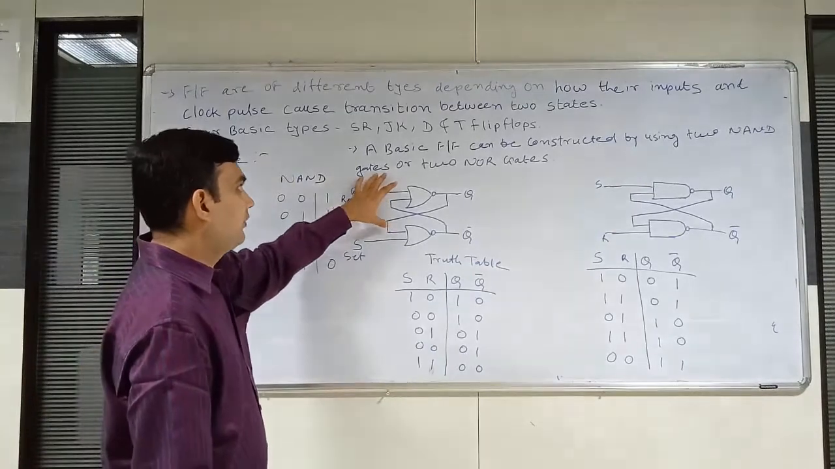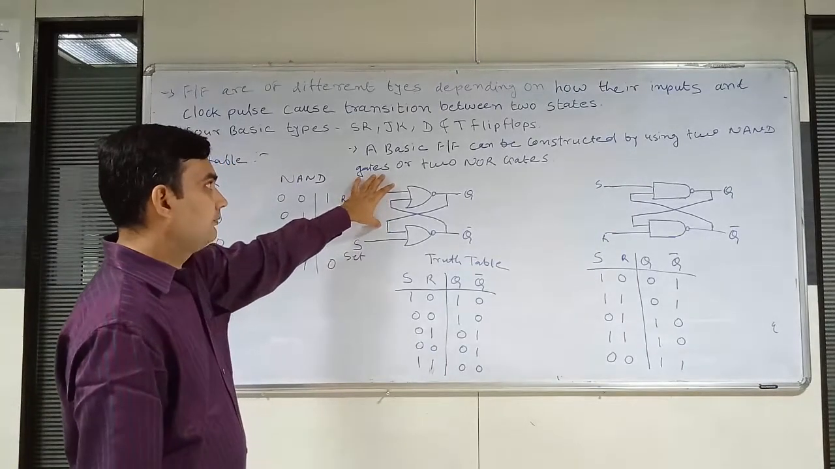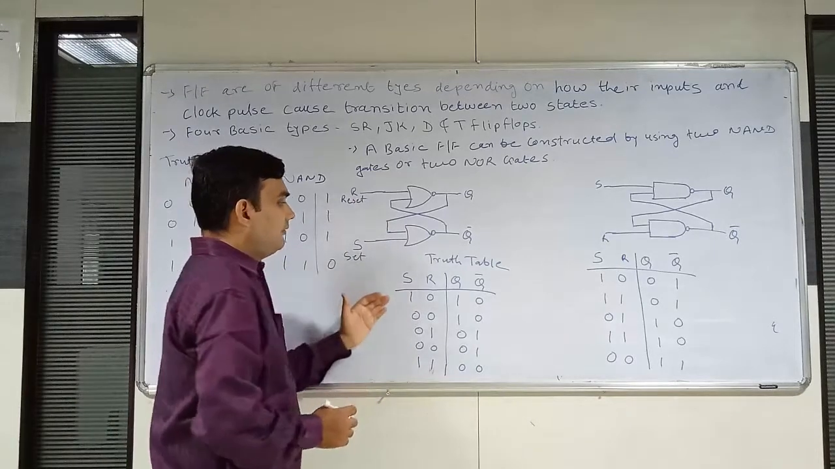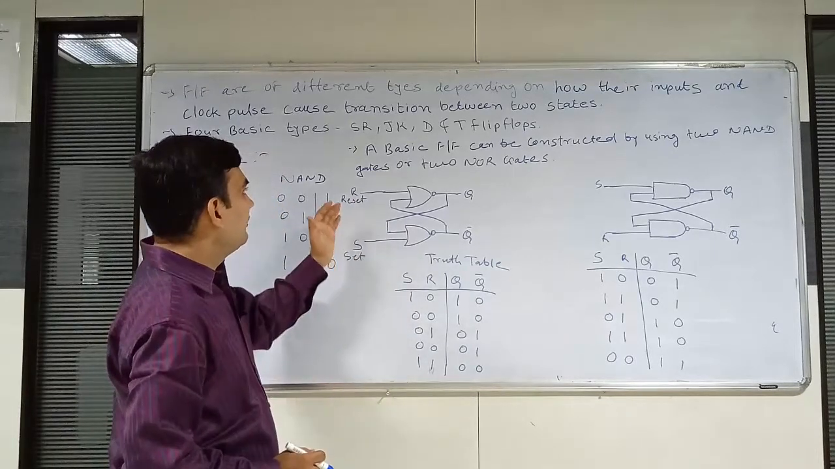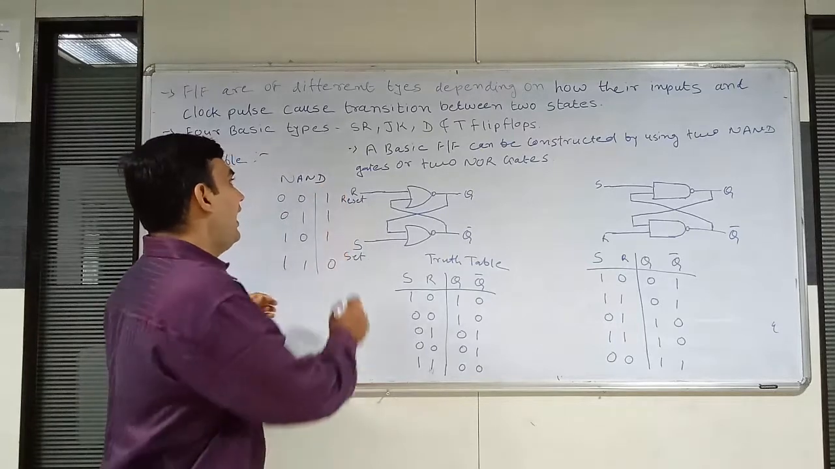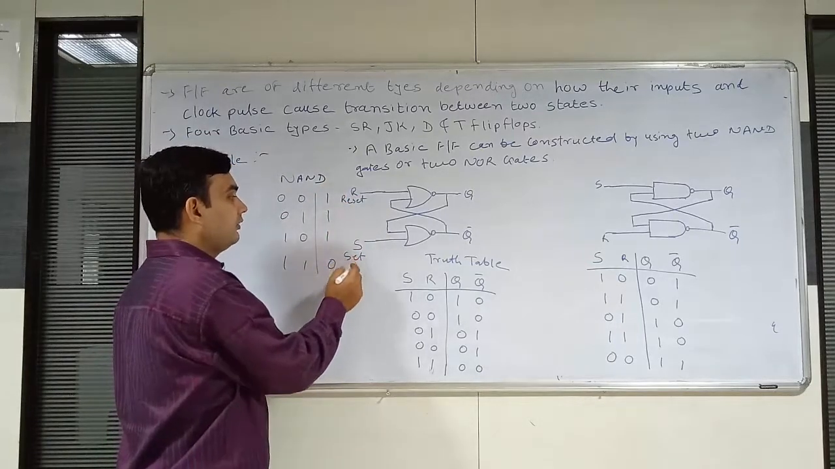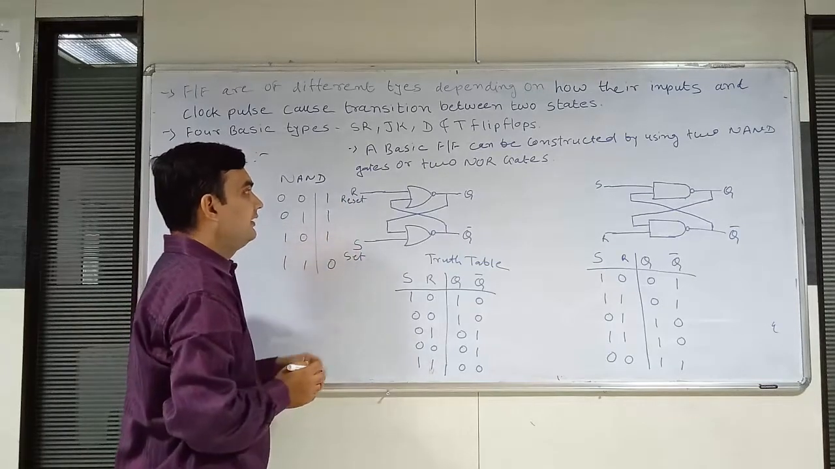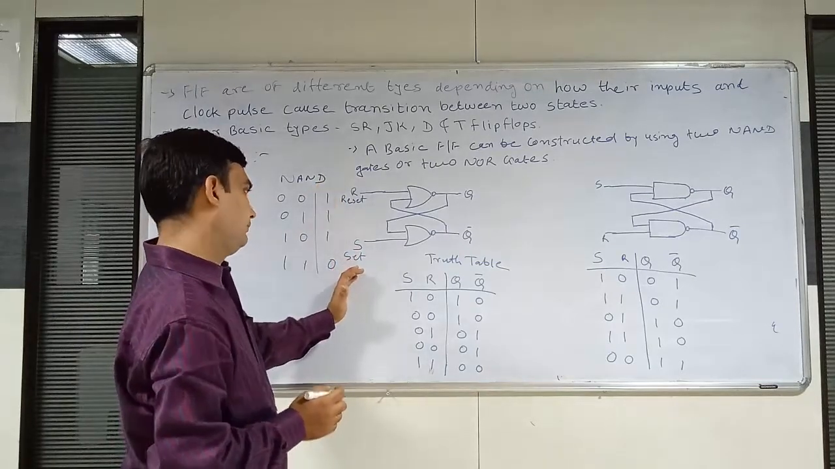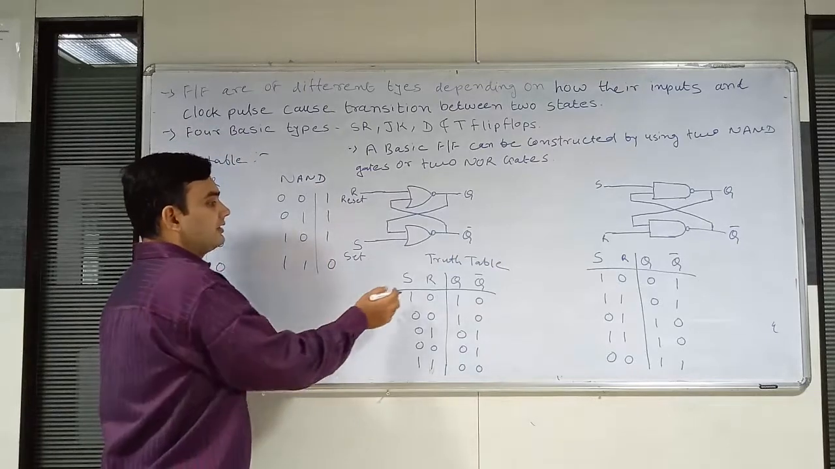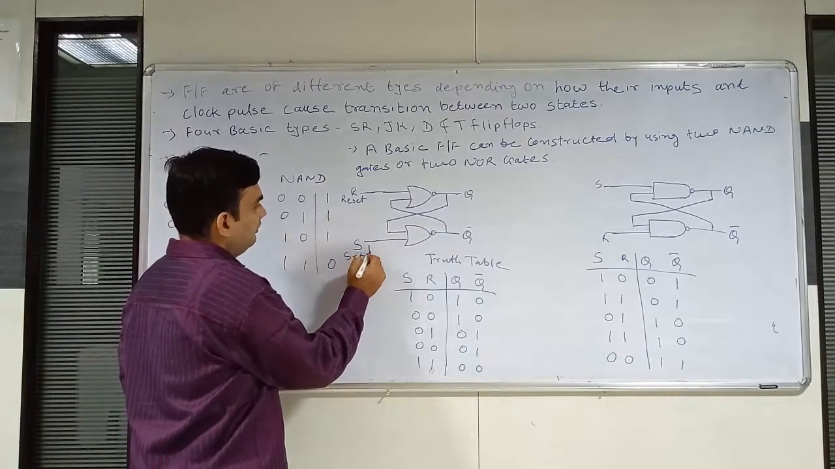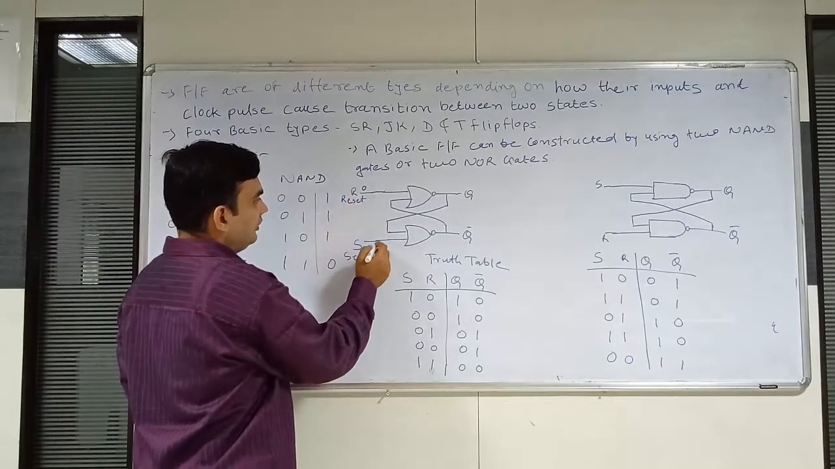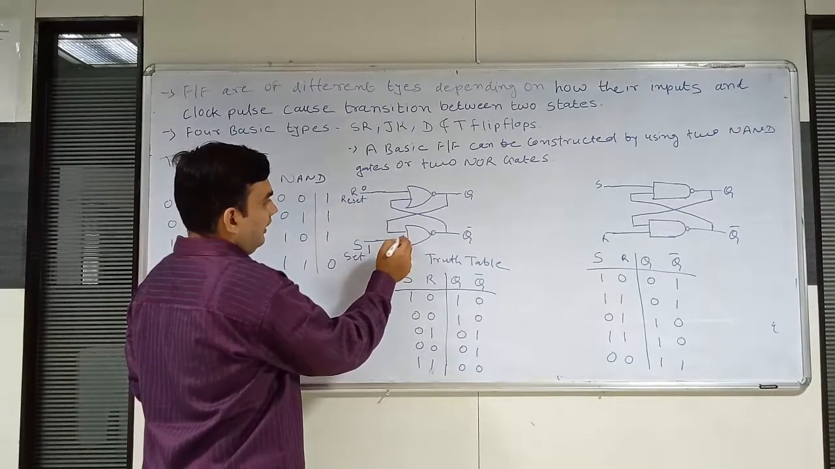First we will start with the RS flip-flop. This is the basic one. There are different combinations of giving inputs S and R. R stands for reset and S stands for set. That's why it is called an RS flip-flop. Here we are giving first S equal to 1 and R equal to 0. So 1 will go here